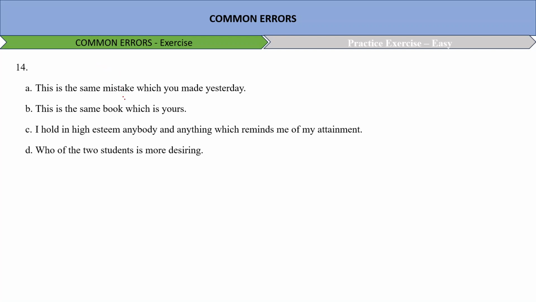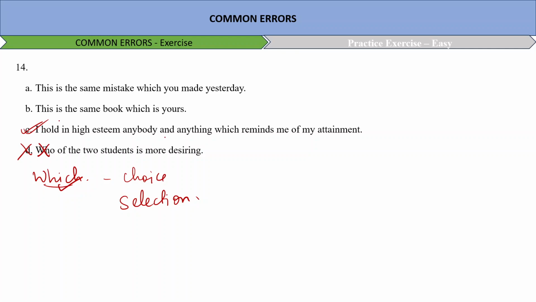Okay, this is the same book which is yours. I hold in high esteem anybody and anything which reminds me of my attainment. Who of the two students is more desiring? Okay, clearly understood which of the two students we are talking about, choice or selection. So when you talk about choice or selection, the question should begin with which. So this is incorrect. I hold in high esteem anybody and anything which reminds me of my attainment. Okay, sounds appropriate. Next,